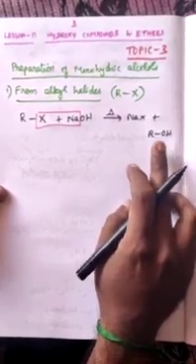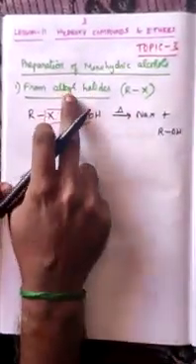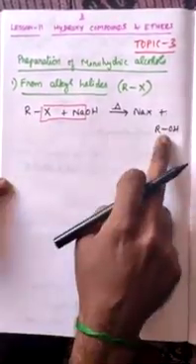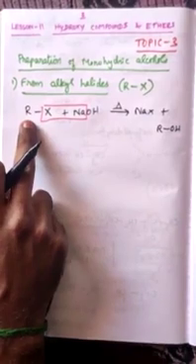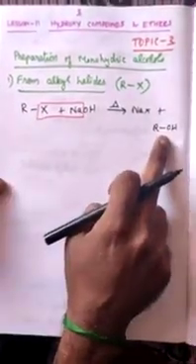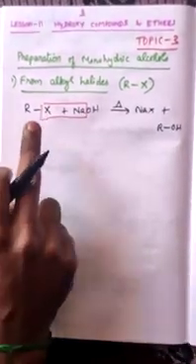We know very well that alcohols are classified into 3 types: primary alcohol, secondary alcohol and tertiary alcohol. Similarly, alkyl halides are also 3 types: primary, secondary and tertiary alkyl halide. If I take primary alkyl halide at the beginning, I will get primary alcohol. If I take secondary alkyl halide, secondary alcohol. If I take tertiary alkyl halide, tertiary alcohol. So based on the alkyl halide we take at the beginning, we get a different type of alcohol.